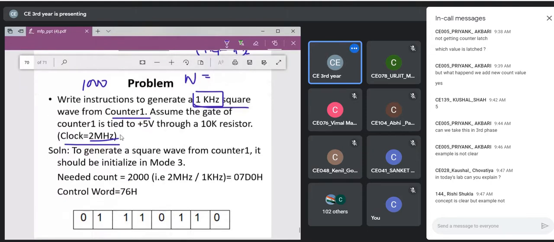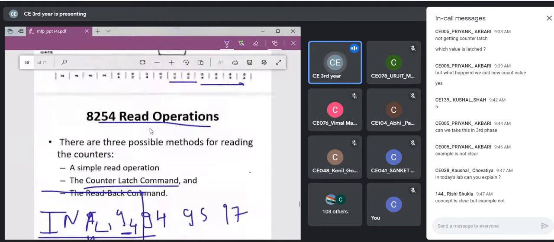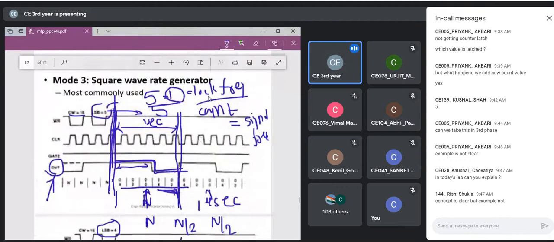Okay. Clock frequency is 2 megahertz. What is the meaning of that? 2 megahertz, that is 2 into 10 raised to 6 clock pulses will come. So if I'm using this equation, what is that equation? The equation says that whatever your clock frequency is,